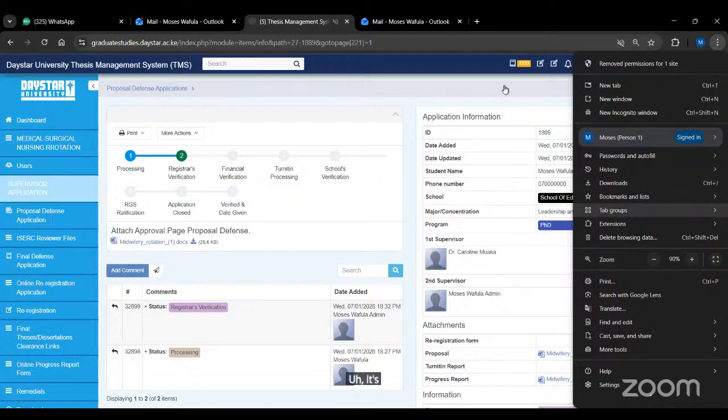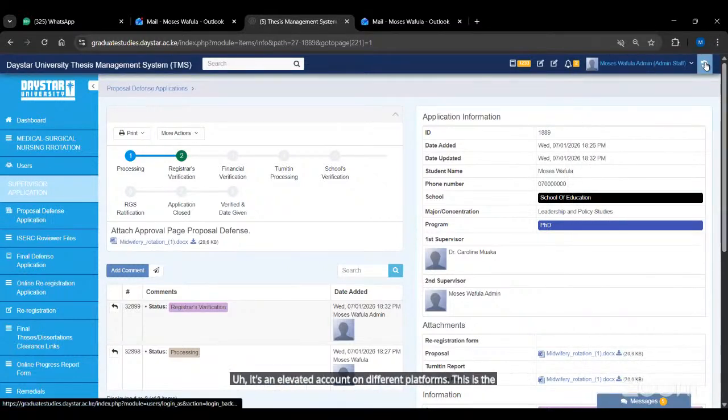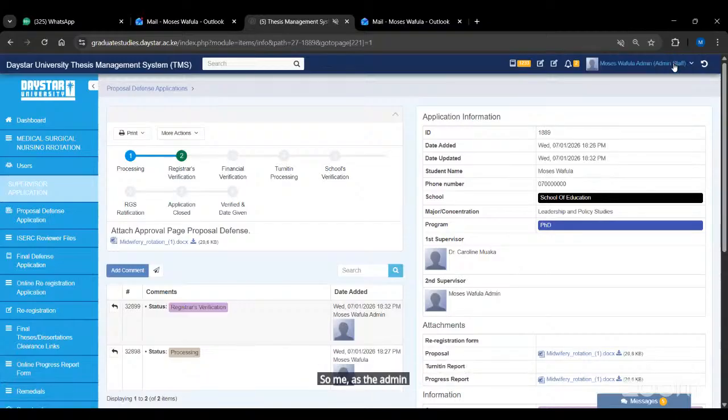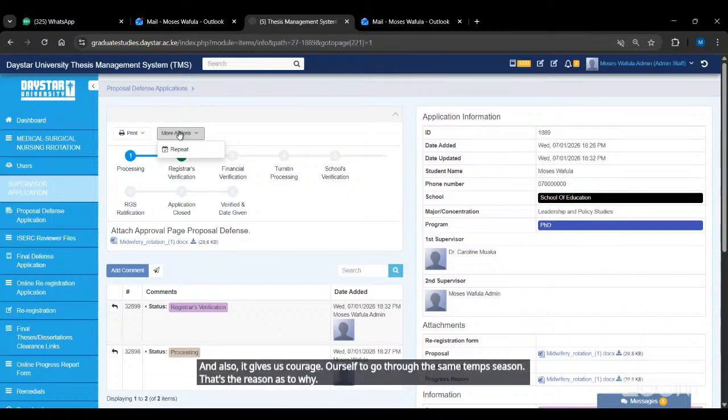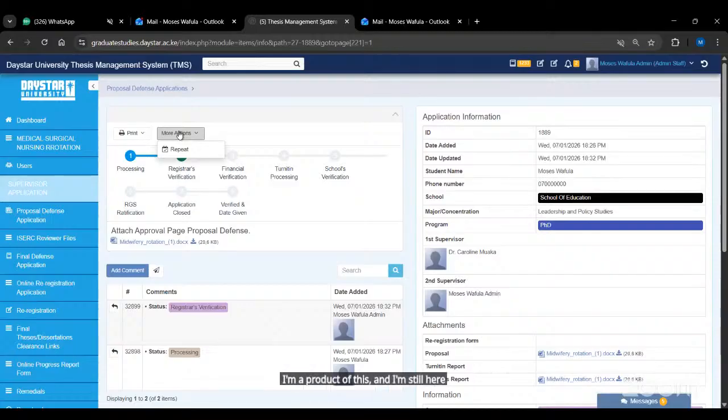It's an elevated account on different platforms. This is the admin side, right? So as the admin staff, if I click here, I have no right to make any change immediately I move the document to the registrar. The reason I don't have any right is to grow the confidence of our processes in the system. It also gives us courage ourselves to go through the same system. That's the reason I'm a product of this, and I'm still here as a DISA student and a staff. So I want us to also grow the same confidence in our expertise